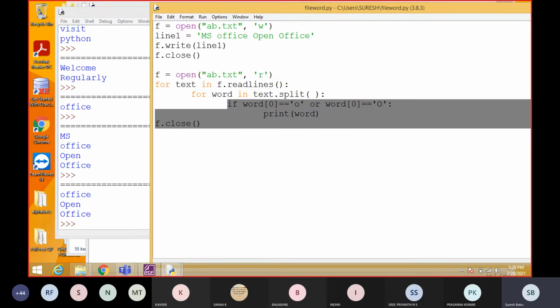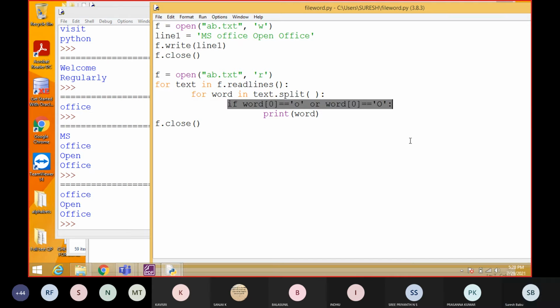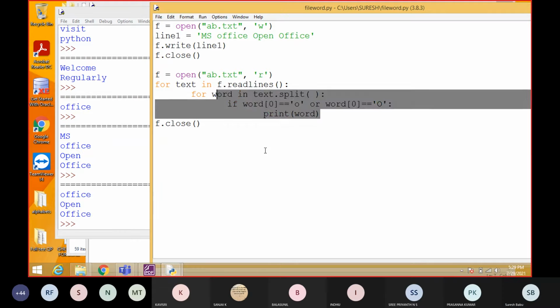Only this part we have to alter. So tell me, students, how to do the program to display the words which have 4 or less characters. How to get the size of the string, students? Using len function. Yes, very good. So what is the change we have to do here?